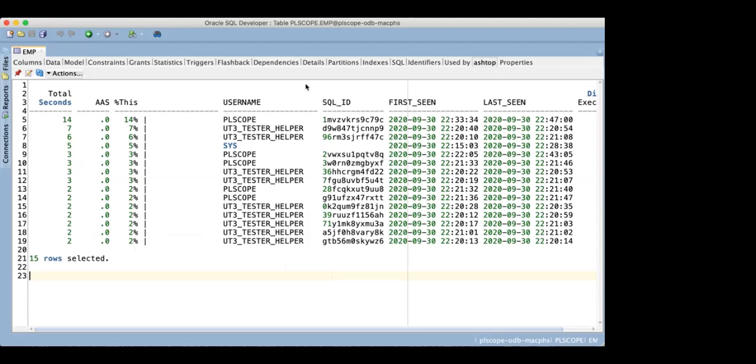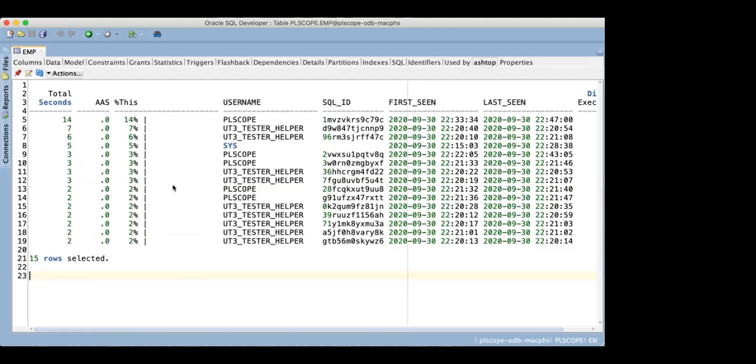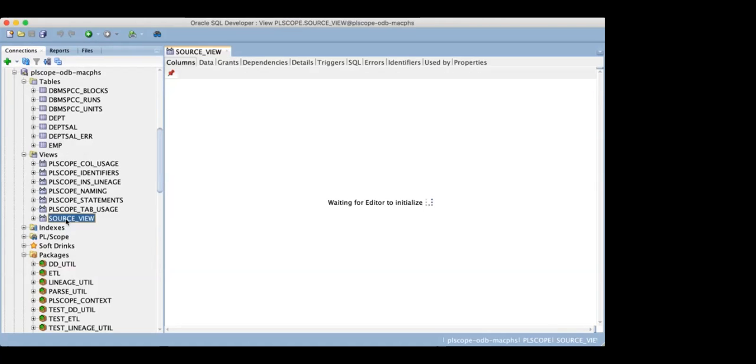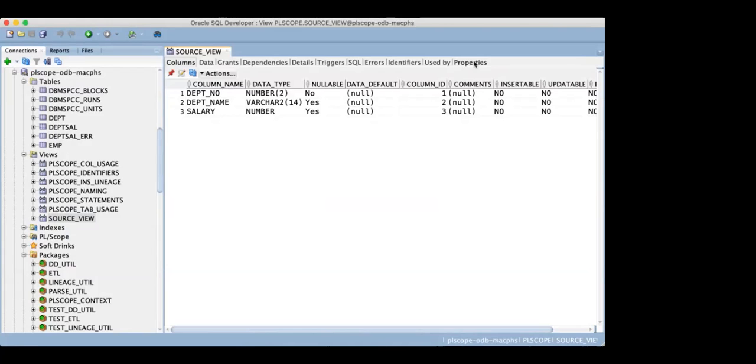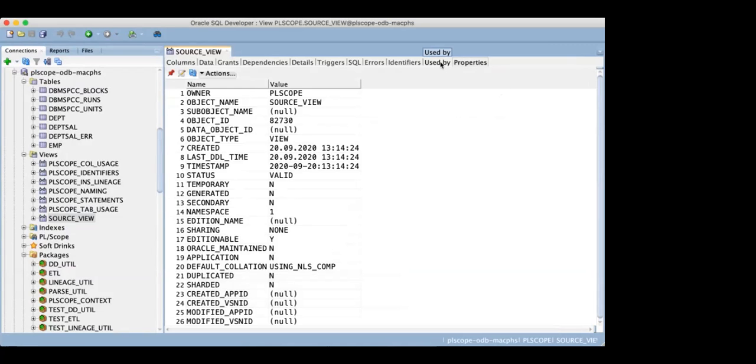It's not only a table representation, you can also show the result of a SQL CL script. I can do the same for the views. Click on views, and here I get the properties, some detailed information from the data dictionary. What's missing here is the ashtop script results. Why? I'll show you that later. Let's look at the last object type,